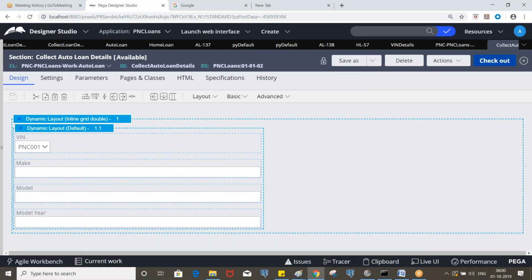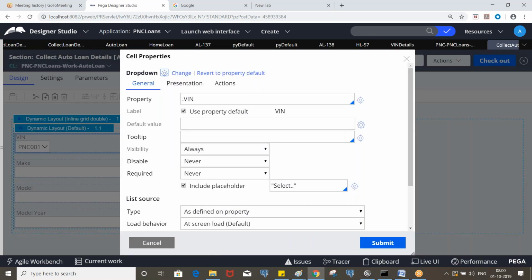So now where do we need to write the logic? Whenever you change the values, the logic should be executed, and that will copy the details to here. So whenever the drop down value changes, an activity has to be executed.